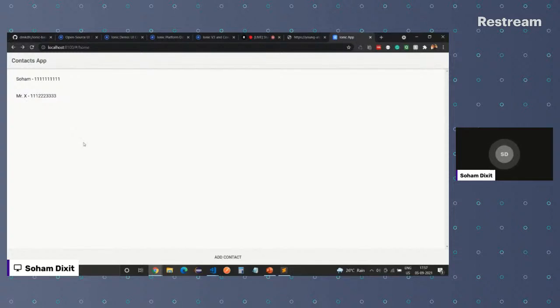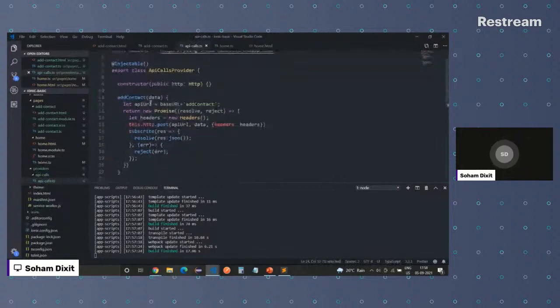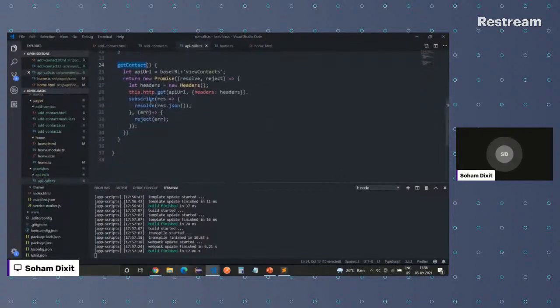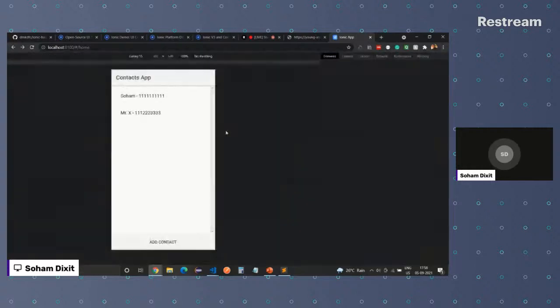Two things are left: update and delete, I guess, but we are quite over time, so I won't take them right now. Maybe you can try it out. I'll give you a hint of how you can do that. The way we created the API calls for get and add, you can do similarly for update and delete. On delete, when the user clicks on the delete button, you can just pass the ID involved. We have these different IDs over here, so you just pass that ID.